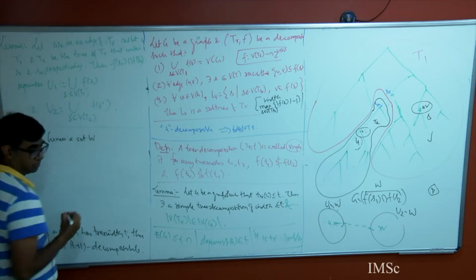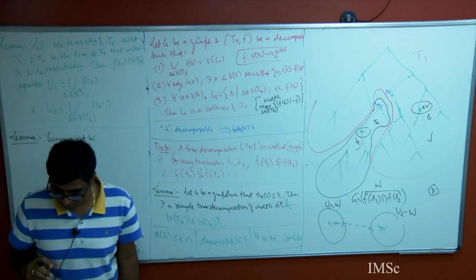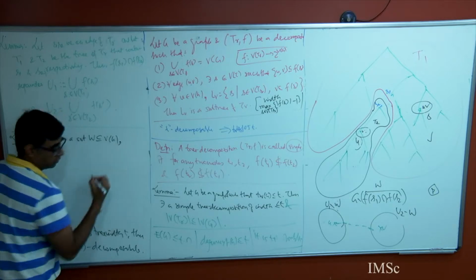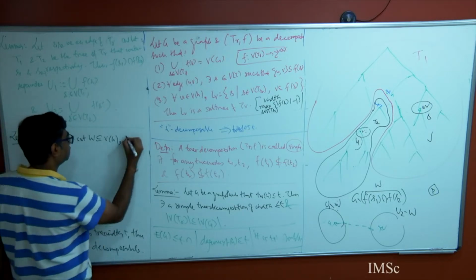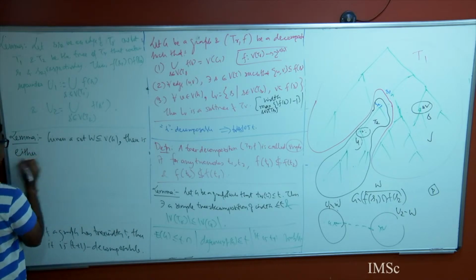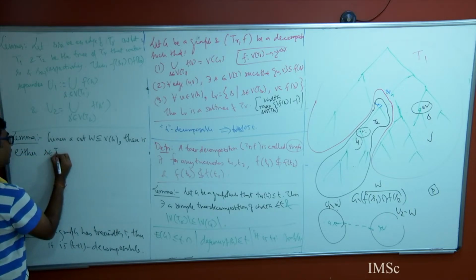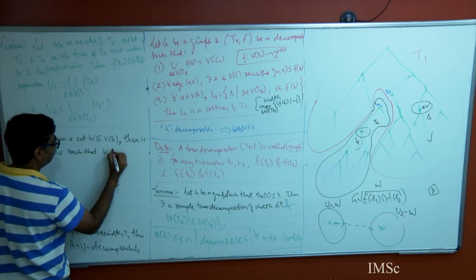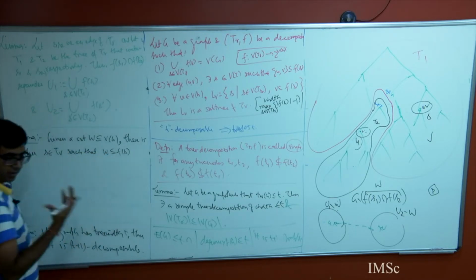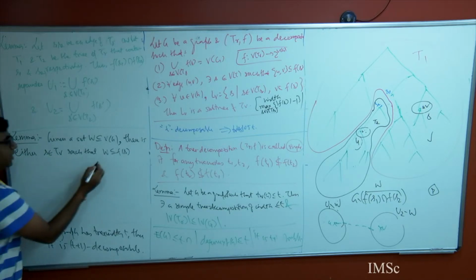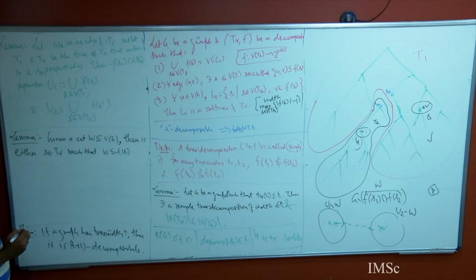Given a set W, a subset of V(G), there is either an S in T(V) such that W is a subset of f(S). So, given a set W of my graph, either I can find a bag which contains the whole of W, or